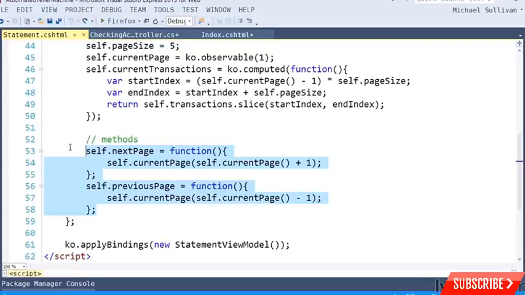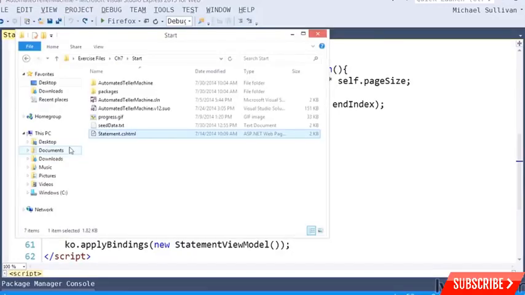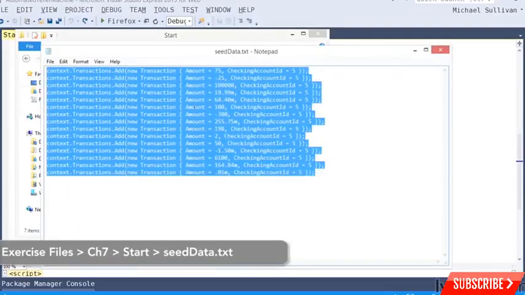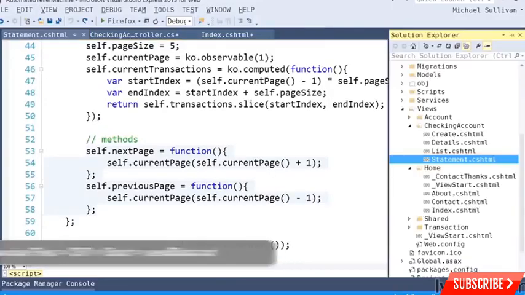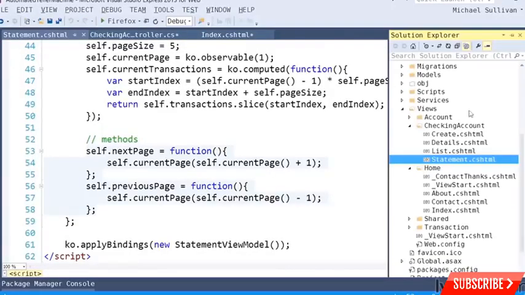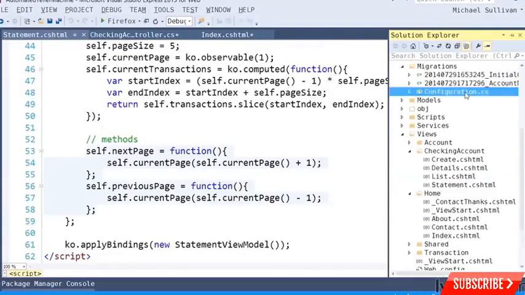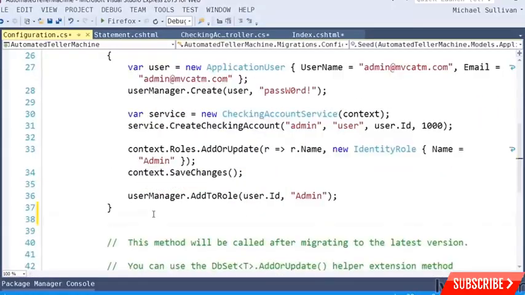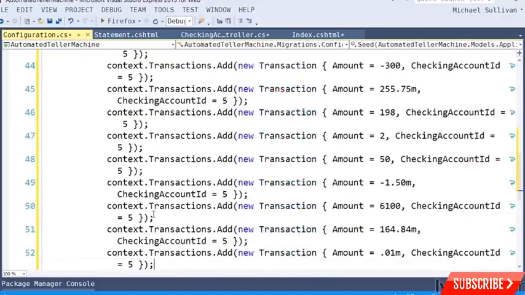But before we do that, I'm just going to add some seed data for one of my accounts so that we actually have a good number of transactions to look at. So in the exercise files, also in the Start folder under Chapter 7, there's a text file called seed data. I'm just going to copy these lines and paste them into my seed method, which is in the configuration class of the migrations folder. So whether or not there's an existing admin user, at the bottom of the seed method,